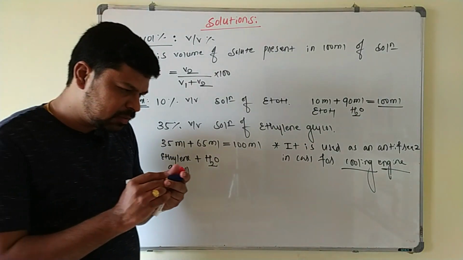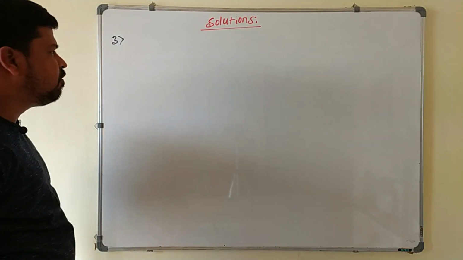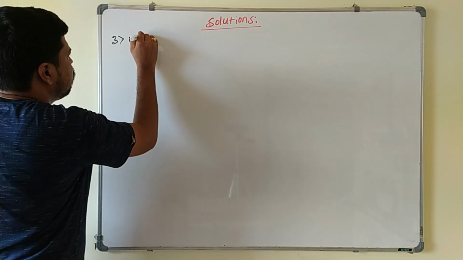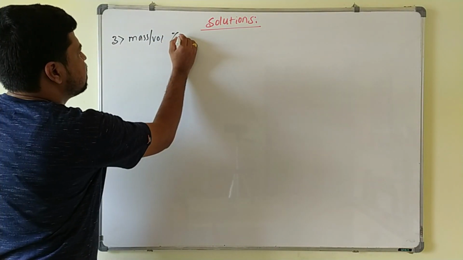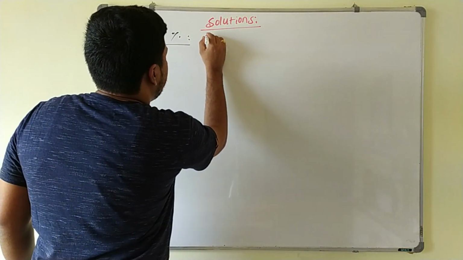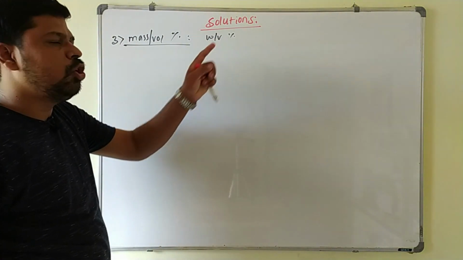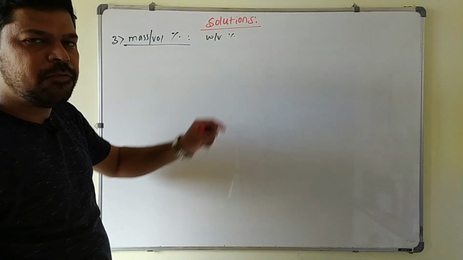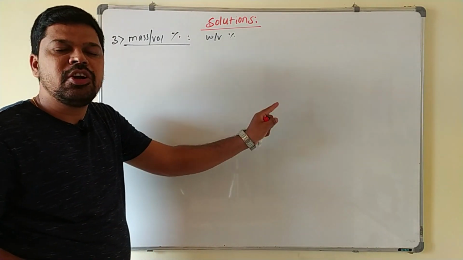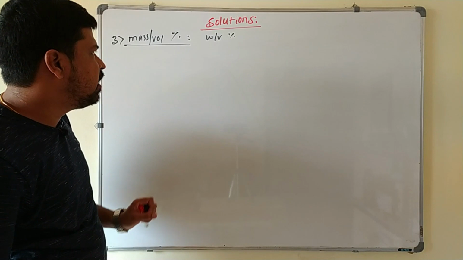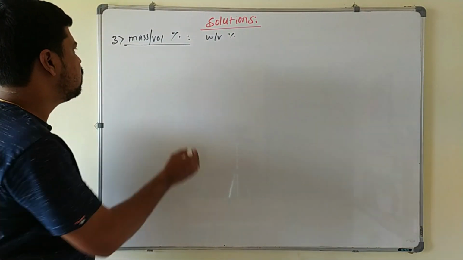So the next point is mass by volume percentage. Most of the time it is used in the pharma industry, that is mass by volume percentage. So this is indicated by W by V percentage, that is mass by volume percentage. It is used in what? Pharmaceutical industry most of the time. So this is nothing but it is the mass of the solute present in the 100 ml of the solution. Always you keep in mind the mass of the solute that is present in the 100 ml of solution.